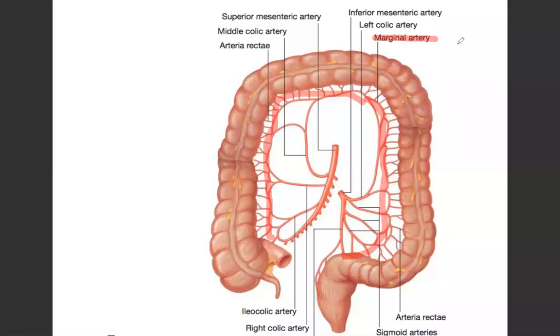If you ever see a mention of a marginal artery في small intestines or large intestines, they just mean the artery حقت mesenteries أو arteries حقت large intestines كلها. That part makes sense يا جماعة؟